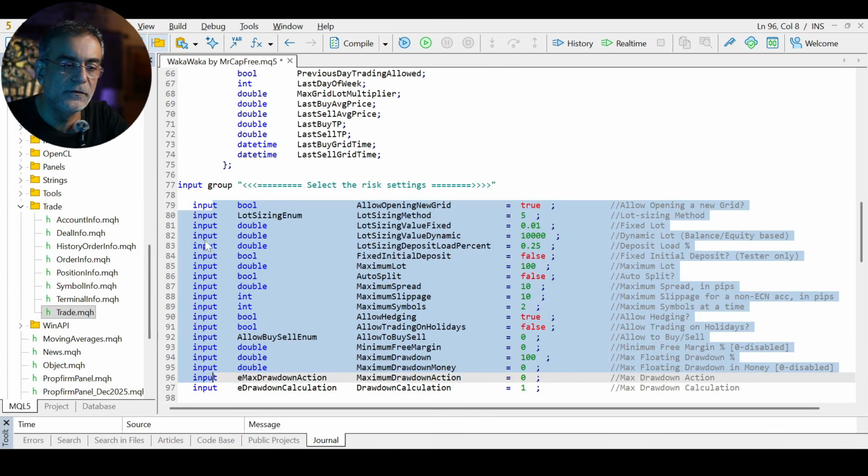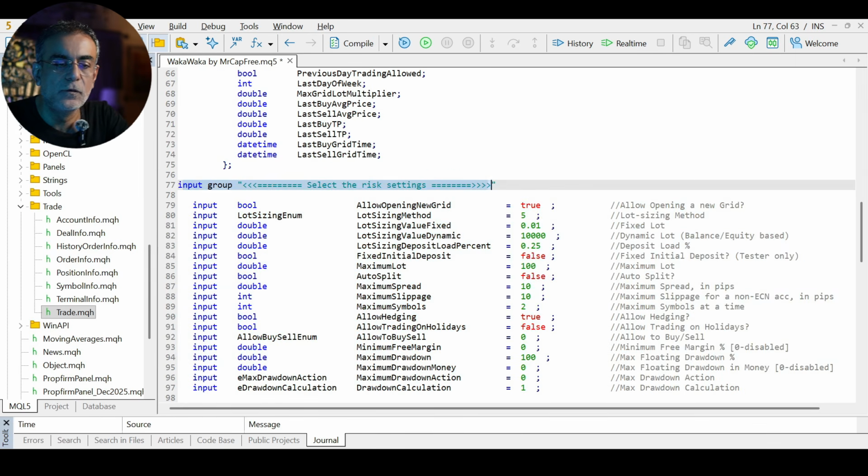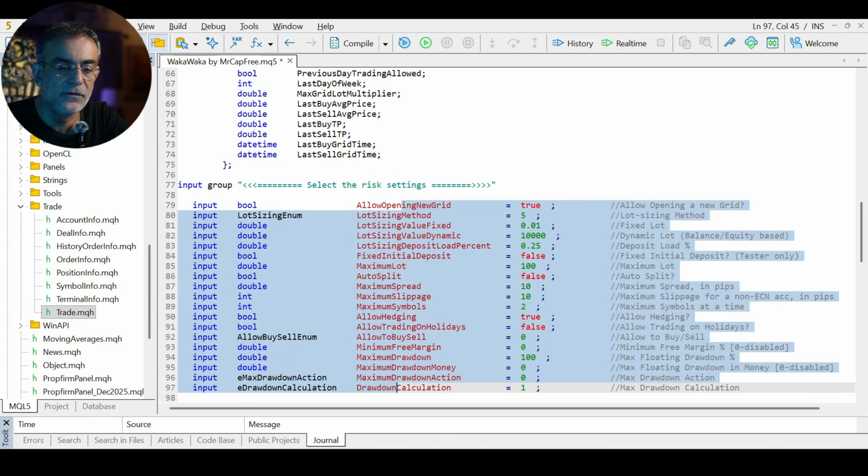So these are all input variables. We start by saying input group. So as a header, select the risk setting. And here we are creating all of these variables. So for example, if I compile now